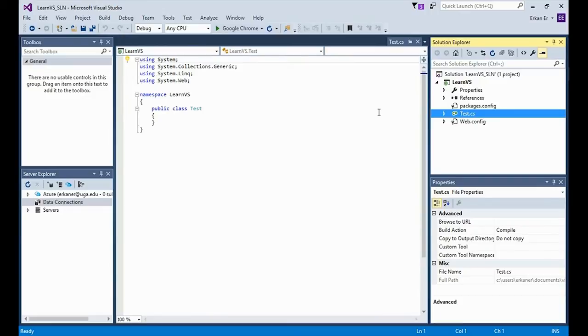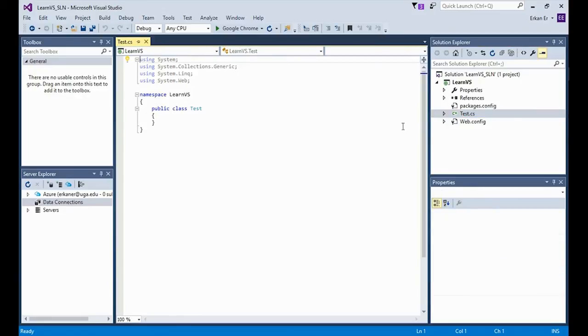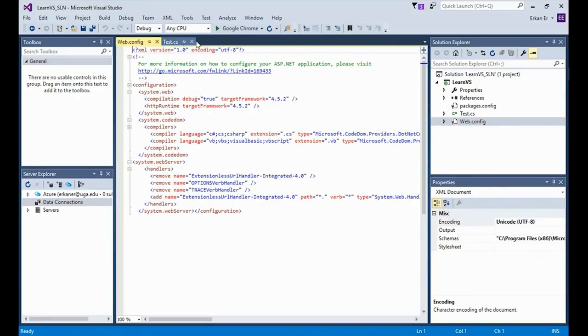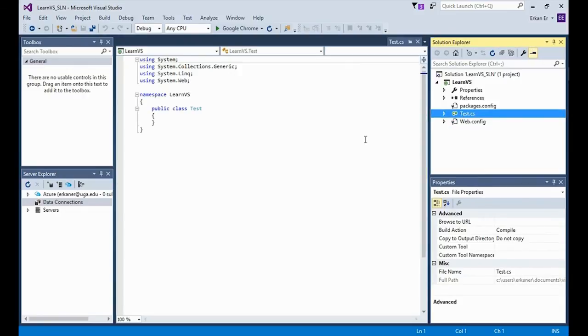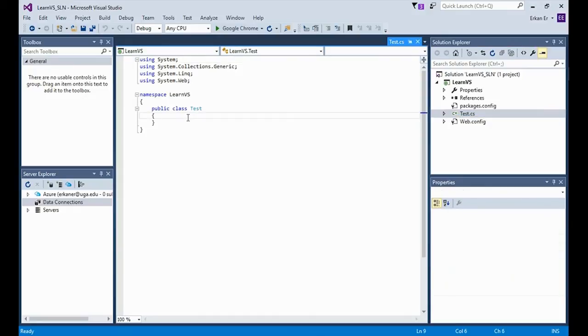If, let's say, you have 15 classes to check something quickly, without the preview feature you would need to double click on each item in the Solution Explorer to load them to the editor, which will really make this tab header area very crowded and very hard to navigate. If you change anything in the code file that is displayed in preview mode, then the code file will be opened in the editor mode automatically.